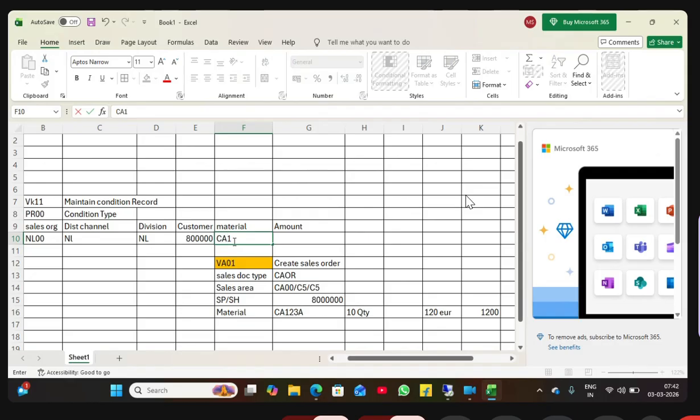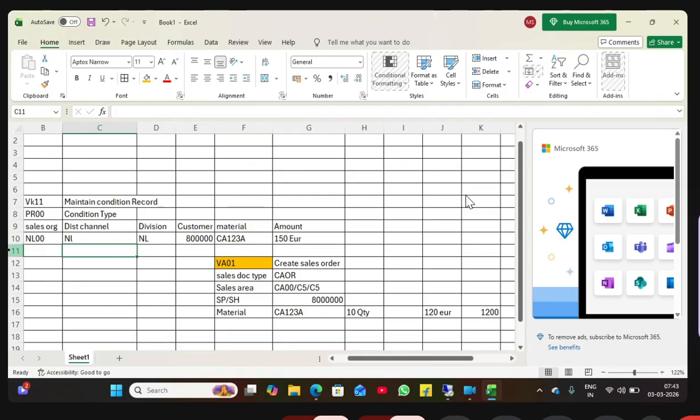See, the Sony X model is there. You can buy from India, you can buy from US also. Am I right? Correct. Material is same, but where is the difference? In Amazon also, Amazon India, Amazon US, the same product is available at a different price. You can enter 150 euros.